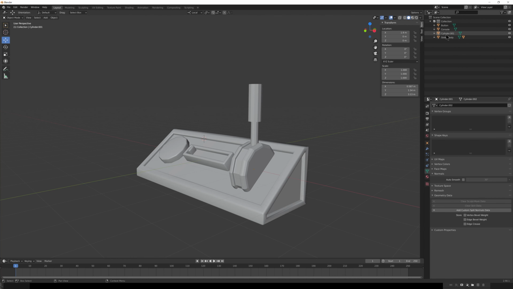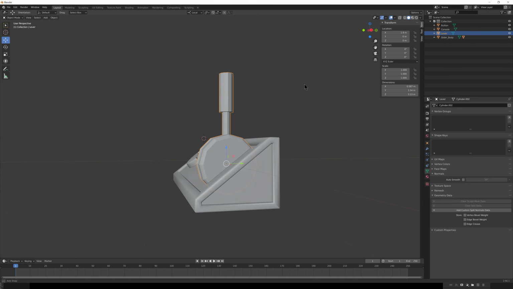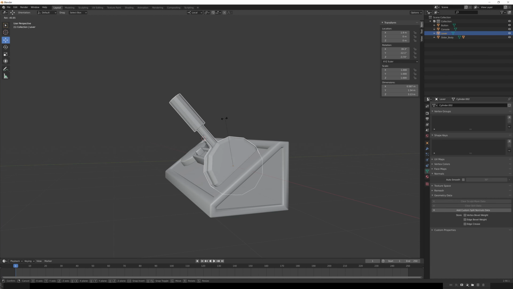Check our names, check our scales, group everything together, and then we can export this out. So here we have cylinder. Let's just call this lever. There we are. We have our slider body. We have our lever. Our lever pivot looks fine because if we go to R for rotate, you can see